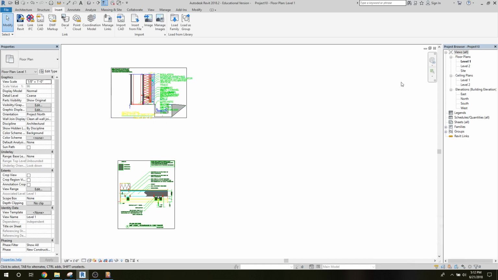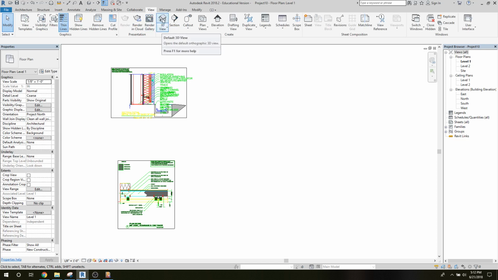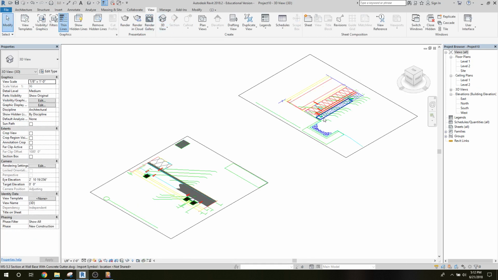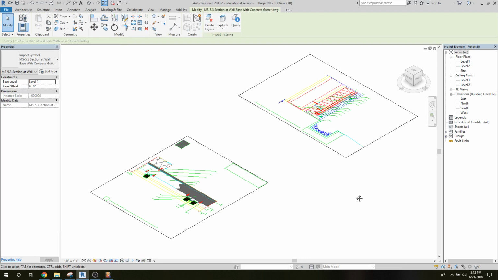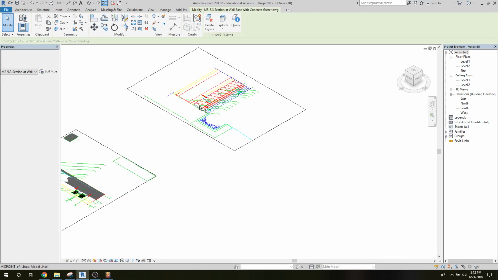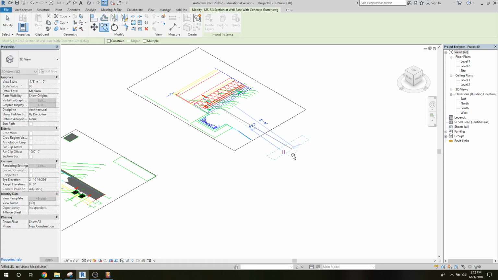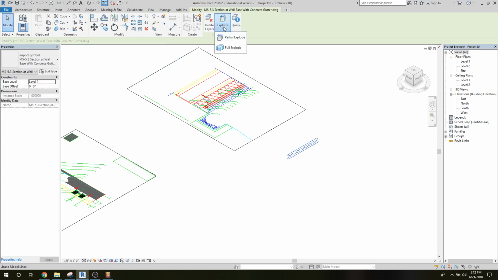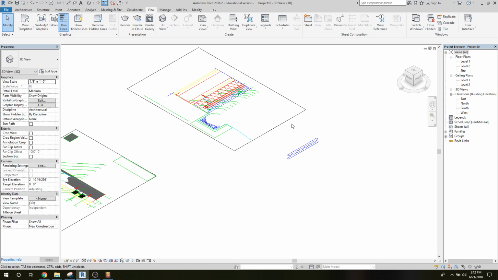It's a little hard to select these elements, but I found that if you create an isometric 3D view, you can easily grab the tile there. I'm going to make a copy of it, so I'll just grab it and move it off the drawing. And then I'm going to go ahead and explode that again. So now we're down to lines, and I can grab all of these,